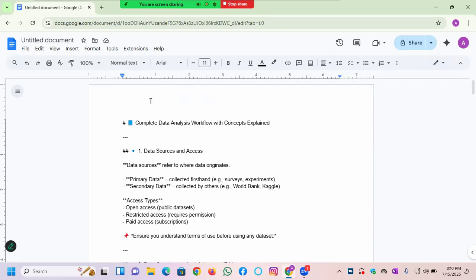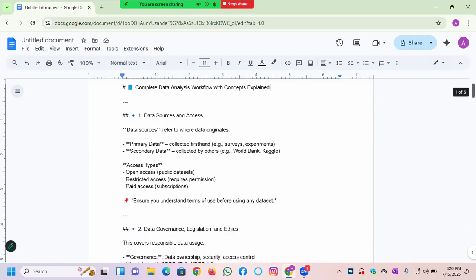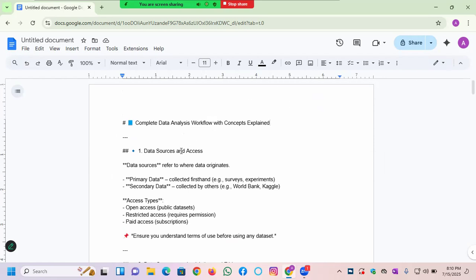So now, when we are talking of data analysis, what is the workflow? That's what I want us to talk about. Number one, let's talk about data sources and access. It is somewhere we are going to get our data from. The data that we want to work on, we get it from somewhere. For example, if you are working in the bank, definitely the data you are going to get will be from the bank, from people's transactions,